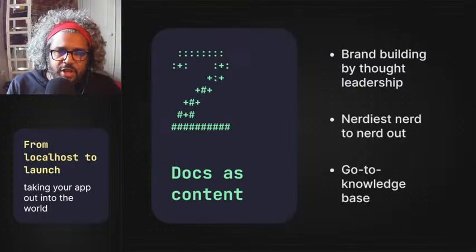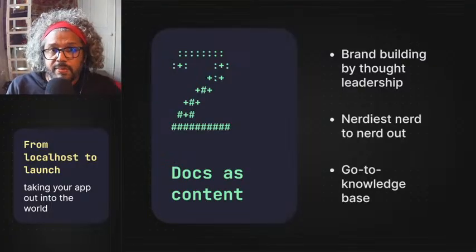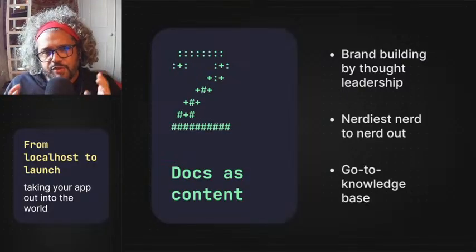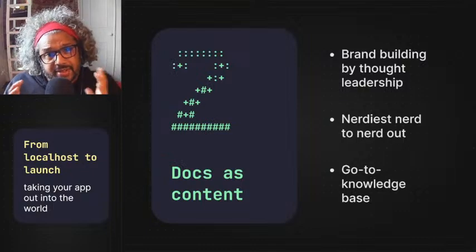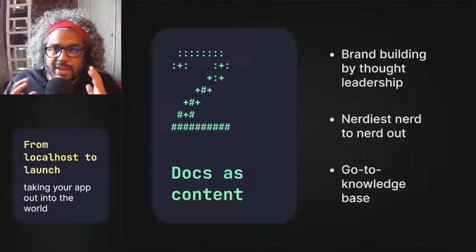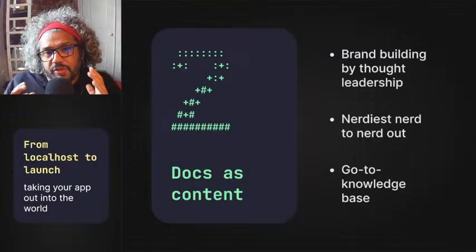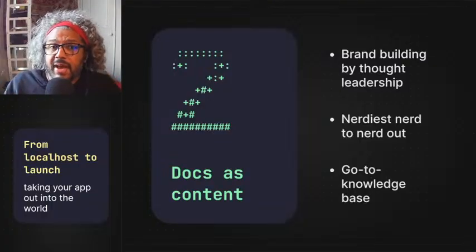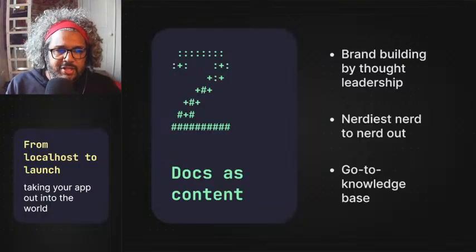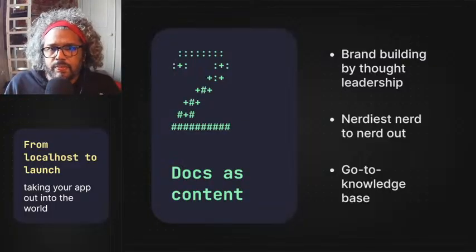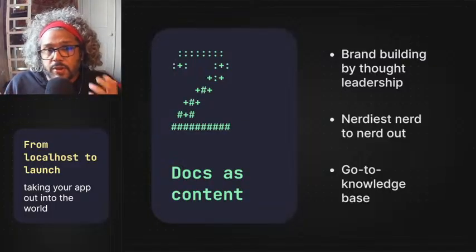I had this with a client who was building a video streaming app for a very niche sport. And one thing that sport didn't really have was a way of ranking players in a way that was standard or was able to communicate how good each player is compared to one another. So they wrote a white paper basically saying, this is our ranking system on our product. Just so you know, everyone can use it.